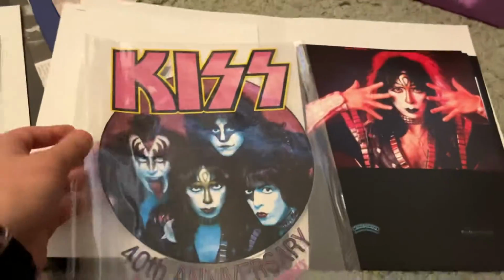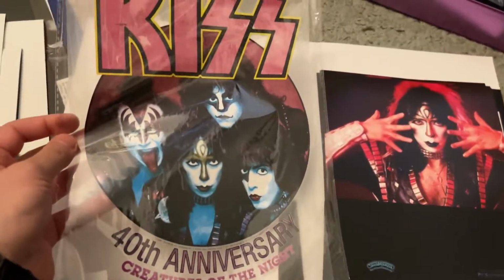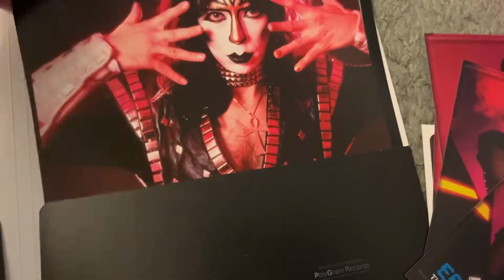Next up, we've got the 40th anniversary. This is like an iron-on type of deal. This is pretty big. I guess you could put this on like a jacket or something. I'm not sure. It's pretty huge. And then next up, we've got